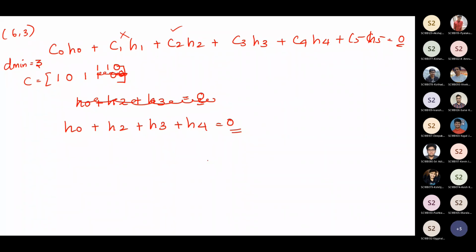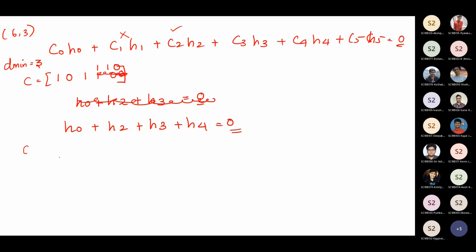Yes, ma'am. Ma'am, can you repeat once? Same. Here, the number of ones present in C is 4. Based on that, I substitute ones and zeros. From here, I found 4 columns of the H matrix; if I add, I will be getting 0. If a code word is having a minimum weight, that is 3, it means if I add 3 columns, I will be getting 0.